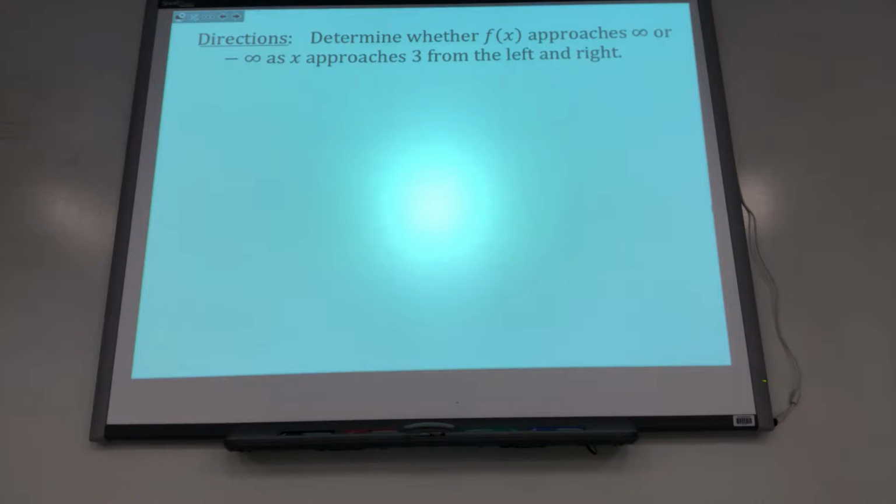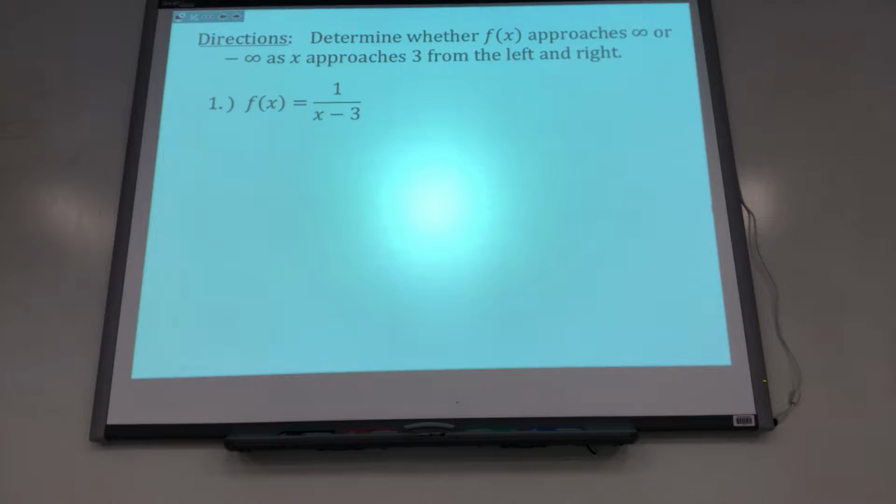A little wordy. So there's two limits that we'll have to find on each of these problems. We want to come in toward 3 from the left, and we want to come in toward 3 from the right. So here's the first one,